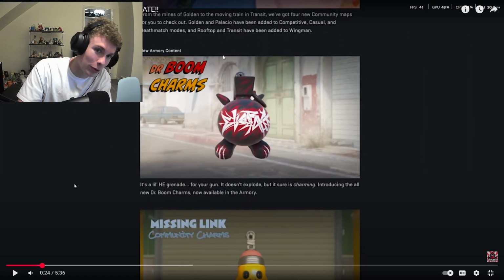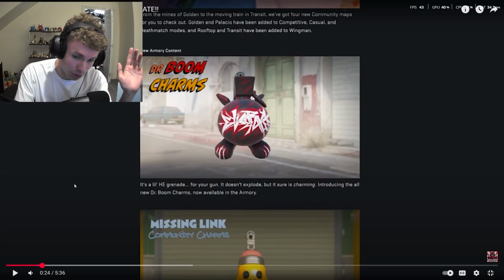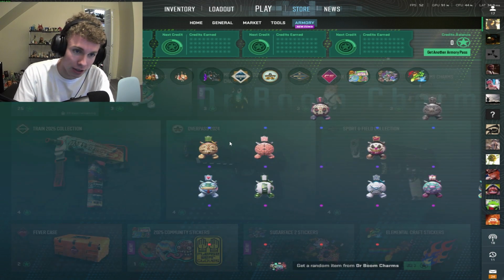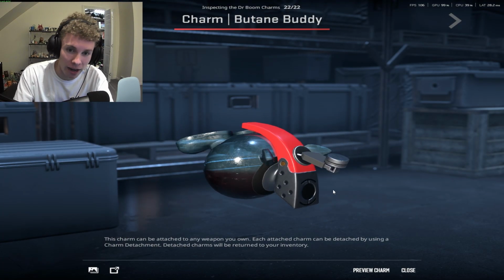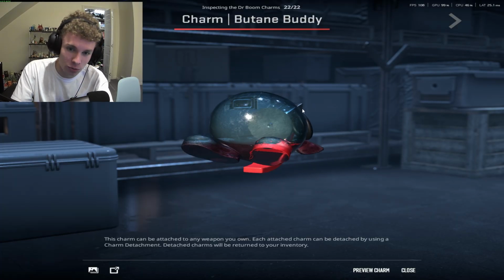Okay, so this is what we're all here for, bro. So basically, we have new charms. This is huge, because the charms last season did insane. I'm not gonna lie, they were ridiculous. So getting into here, we can see we have these new bomb guys, and I'm excited to see what rare patterns we have on these bomb guys, because if you remember before this, we had the